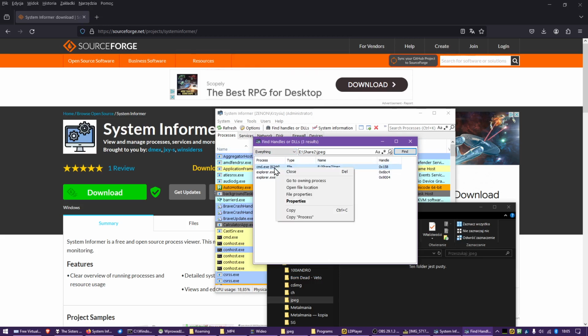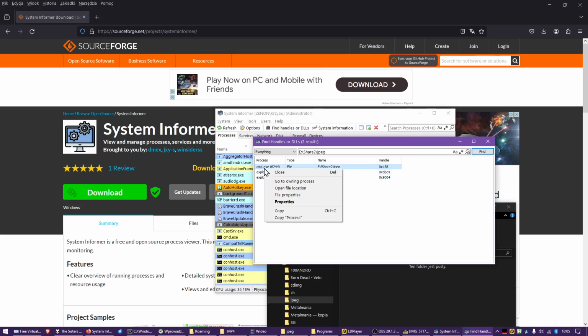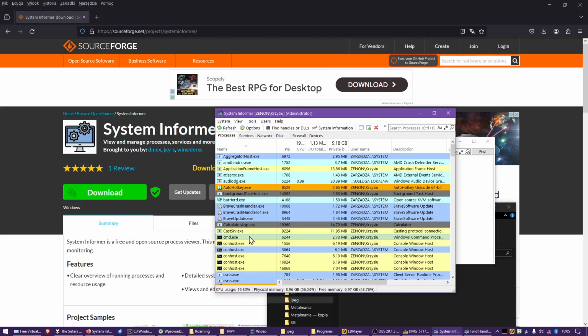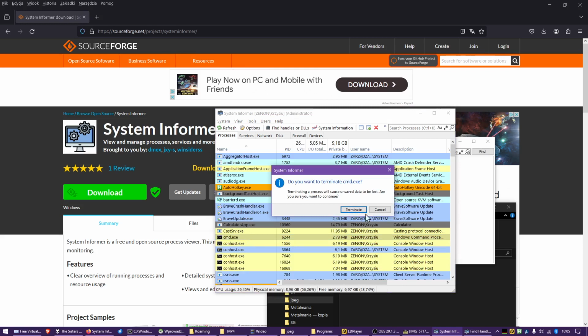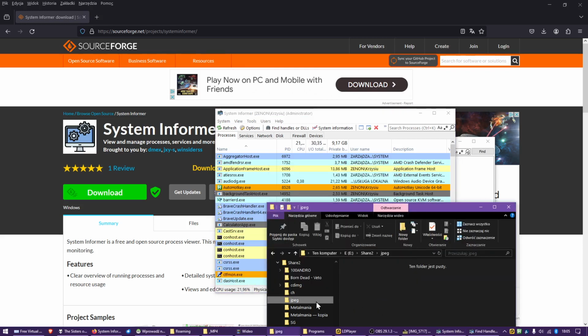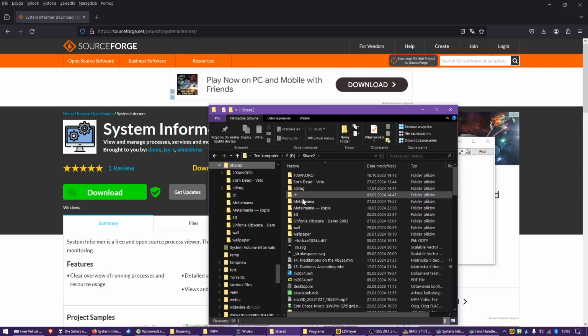Okay, now we can choose close, but I wouldn't recommend it because it closes just the handle and it may cause system instability. So let's click here, go to owning process, select this and click on delete, and yes, we want to terminate it. And now it's okay. And just in case,